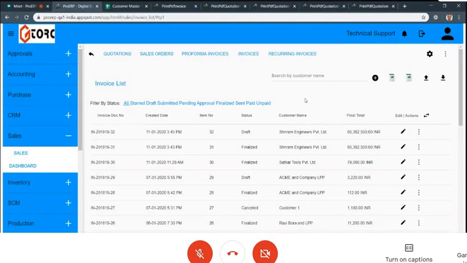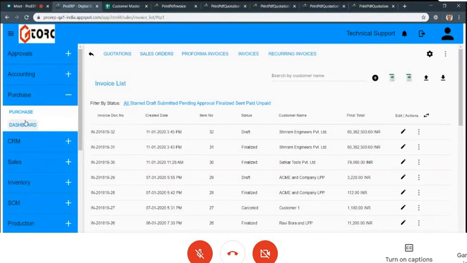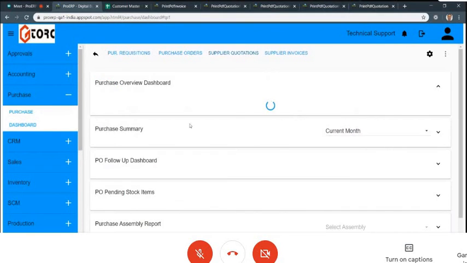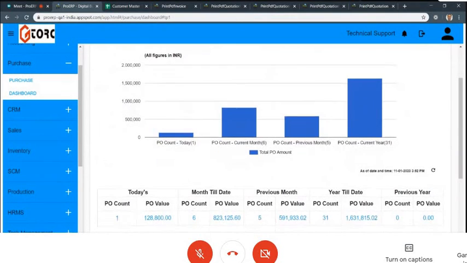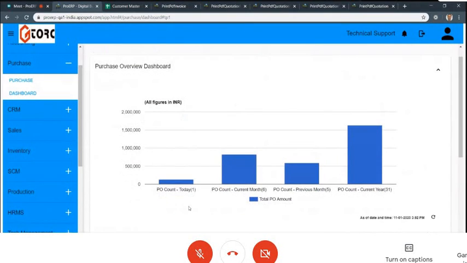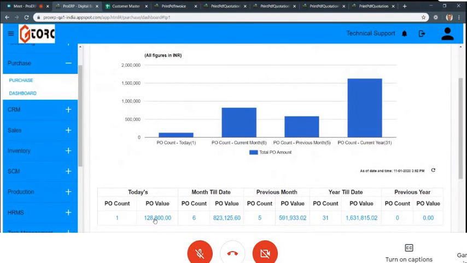Of course, the other part is then you don't get the analytics of the last 2 years, because you'll start getting analytics from now. For example, I went to the purchase module, and if I click on a purchase order, I can see detailed analytics like this. I have one report here, the purchase order dashboard. How many purchase orders today? One, value-wise. How many month till date? 6 purchase orders. Previous month, last year. So you may not see such legacy data there.